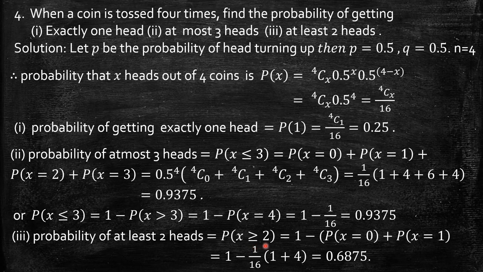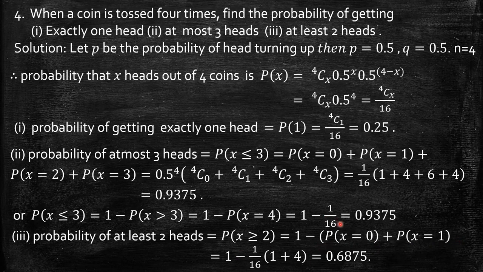Otherwise 2, 3, 4 we have to take, and all the probabilities we have to add. Or else we can take the complement of probability of x less than 2. Less than 2 we have only two values, that is 0 and 1. So 1 minus, probability of x equal to 0 plus probability of x equal to 1, which is nothing but